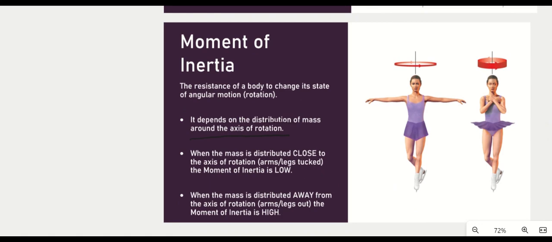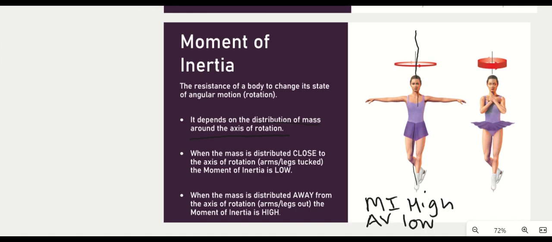So in other words, when her arms and her legs are out, so if we look at the figure skater here, her arms and her legs are away from this longitudinal axis of rotation, her moment of inertia is high. Moment of inertia is something to do with the resistance of a body to change its state of rotation. When her arms and her legs are out, she doesn't want to really rotate. So her moment of inertia is high, but we know it's got an inverse relationship, so her angular velocity is